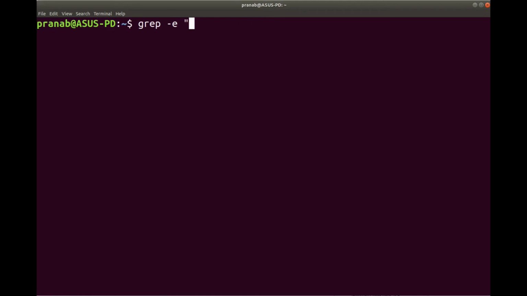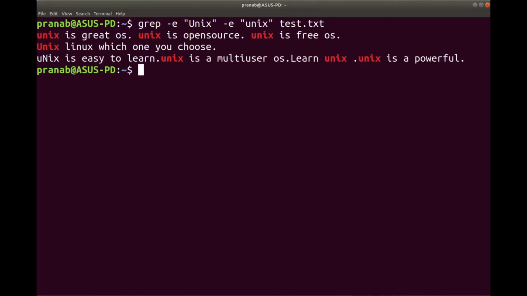Suppose I want to search for Unix, and also I want to search for the pattern unix in small letters from the file test.txt, and you can see it will display Unix in uppercase, capital U, and these all are in small case.